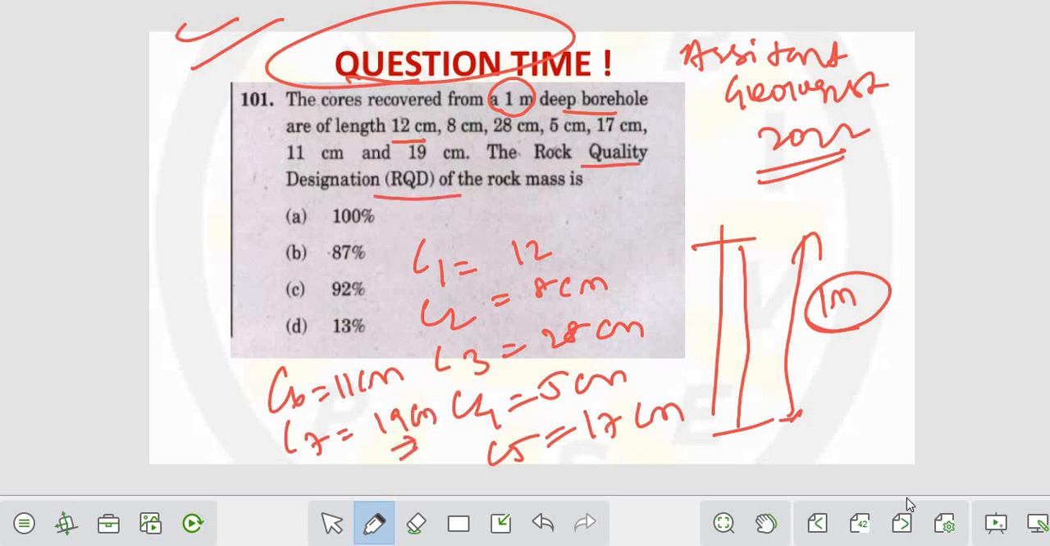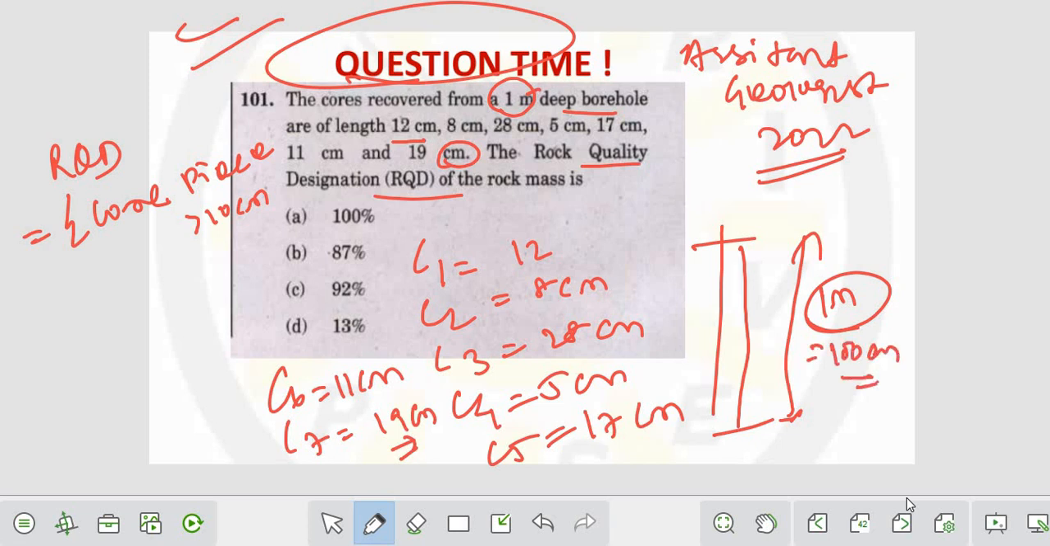Okay, RQD पूछा है, हम जानते हैं summation of the core pieces should be greater than 10 centimeter. देखो यहाँ पे सेंटीमीटर है, यहाँ पे मीटर है, so 1 मीटर मतलब 100 सेंटीमीटर कर दो, सिंपल. Okay, greater than 10 centimeter by total drill run